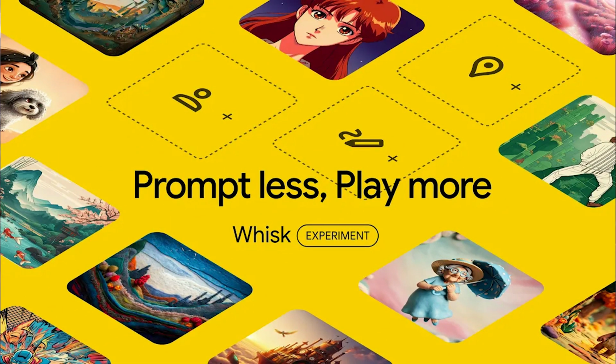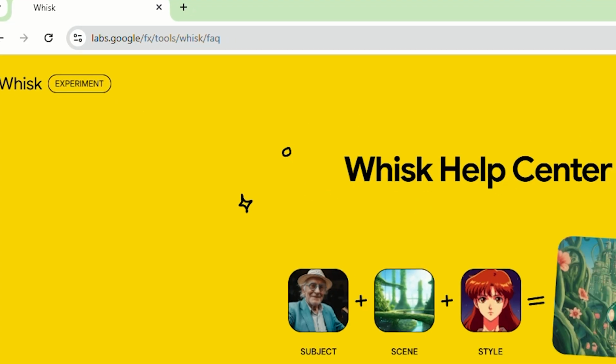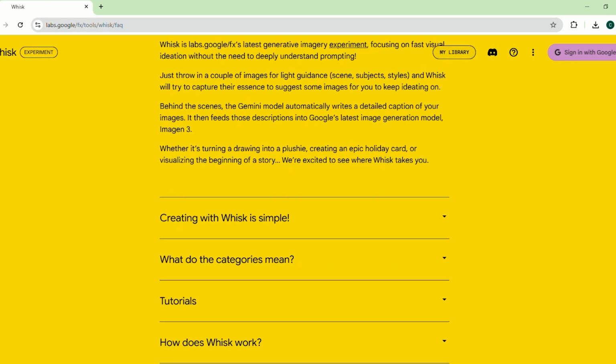Also, moving on a little bit, Google also released another one of their Google Labs projects called Whisk. It's a tool that lets you prompt images to visualize your ideas. So it's another image generation tool. You can check that out at labs.google/whisk. Whisk lets you quickly remix and visualize ideas.